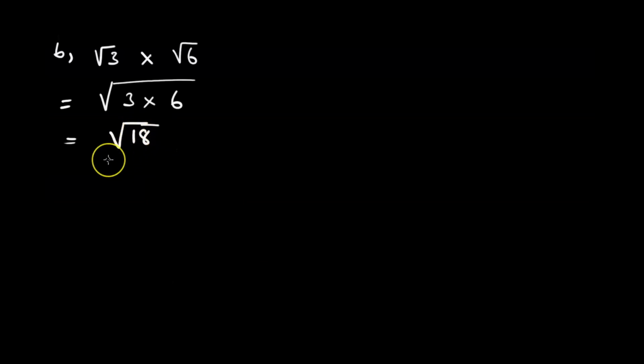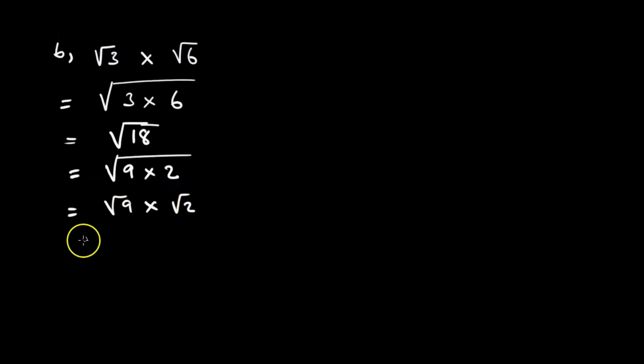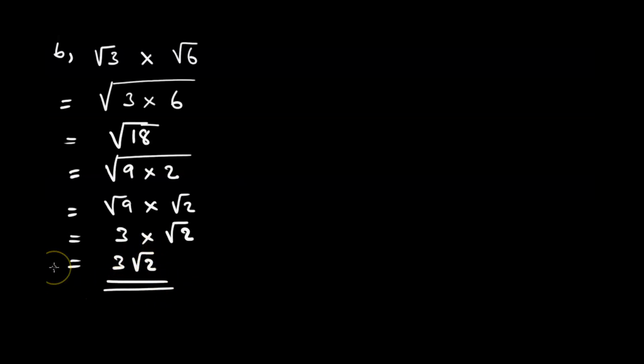The temptation is to leave the answer here, but it cannot be, because half of 18 is 9, and 9 is a perfect square. That means we break it further to 9 times 2. I replace 18 with 9 times 2. This will then be equal to the square root of 9 multiplying the square root of 2, which is 3 times root 2, which then gives the final answer of 3 root 2. It is done. So that is it, dearly beloved.